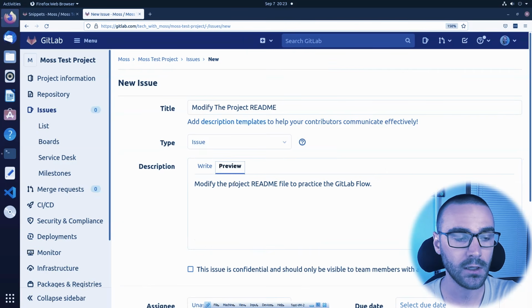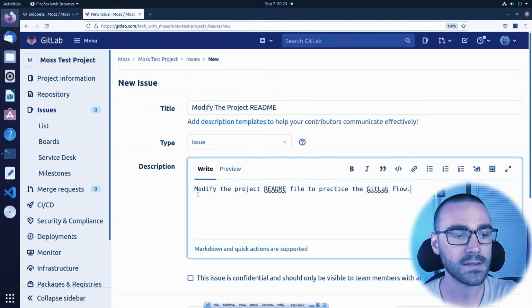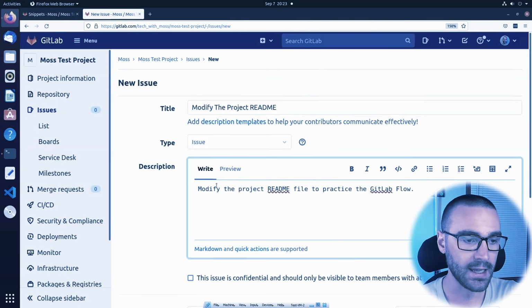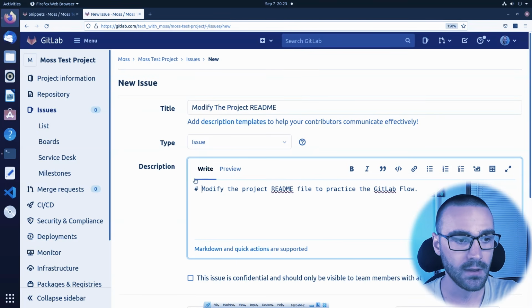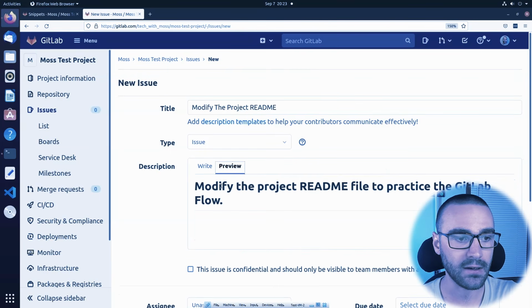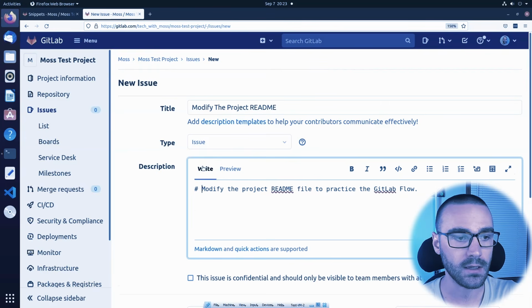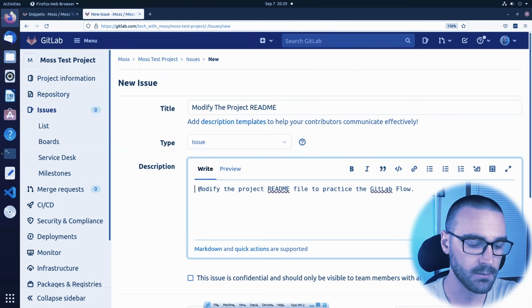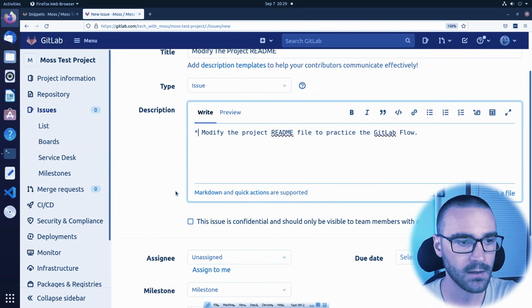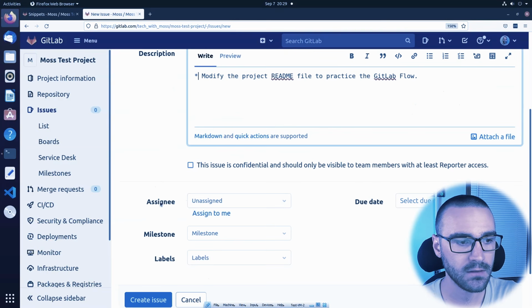So right now we're not using any markdown, but I can modify this and I'll add a hashtag, and a single hashtag will give me a header. So if I preview that, I now have a markdown header. I'm going to change this hashtag to a bullet, and then I'll scroll down and I'll leave the remaining fields